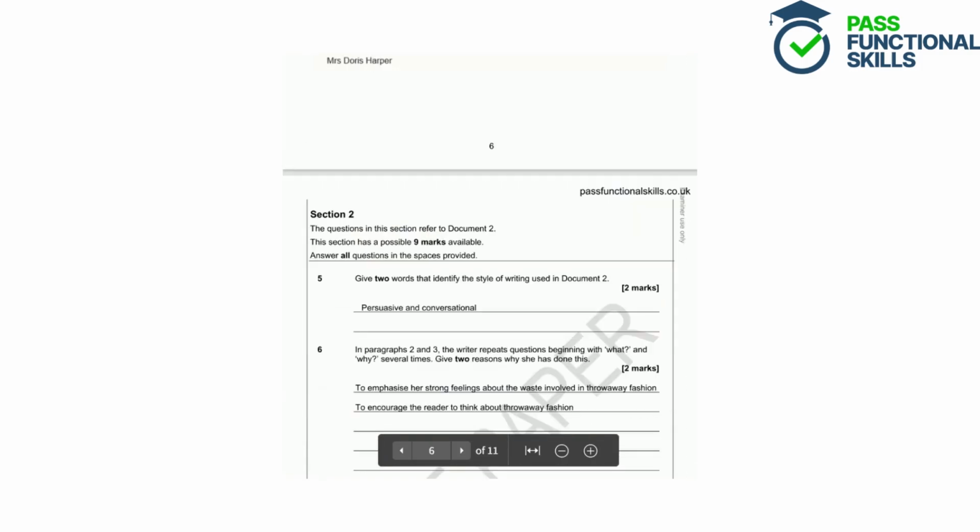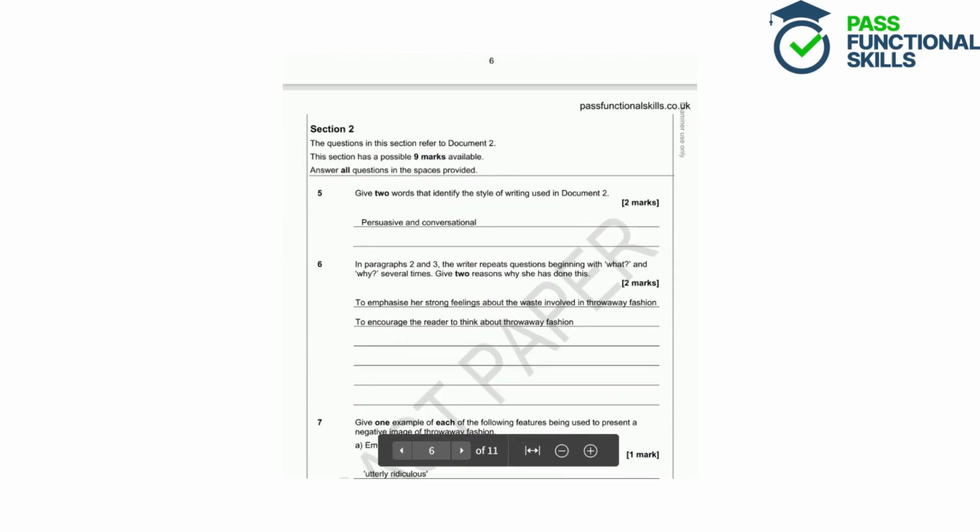Okay, so we're now in section 2, and these questions refer to document 2. So we've got a new document now, and we can forget about document 1 for now. Question 5. Give 2 words that identify the style of writing used in document 2. So we need to give 2 words, because we've got 2 marks here, that identify the style of writing used